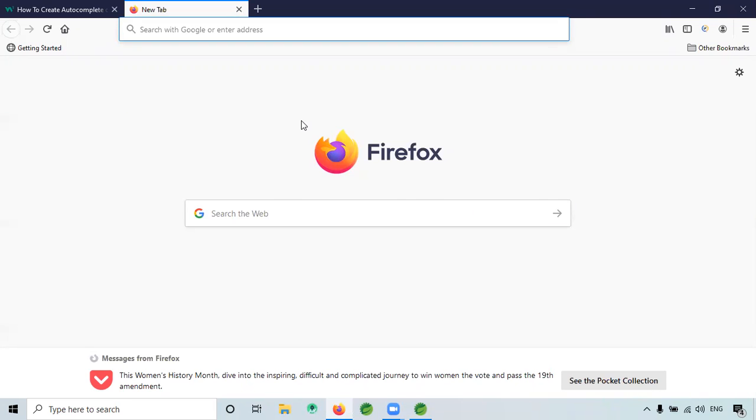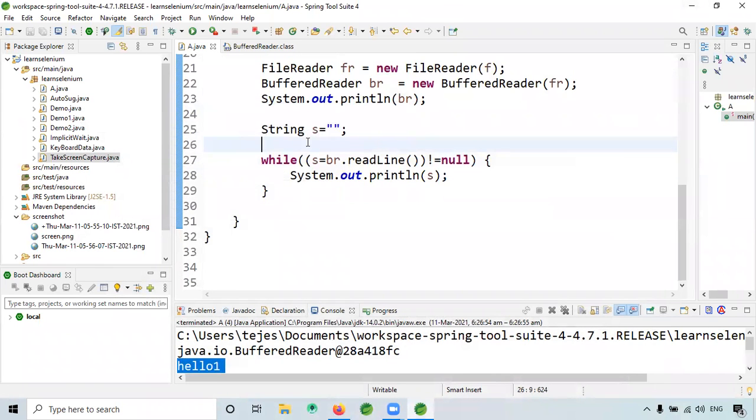We are just checking that the data is printing inside that Excel or PDF. Almost all applications, the majority of applications, will have that.